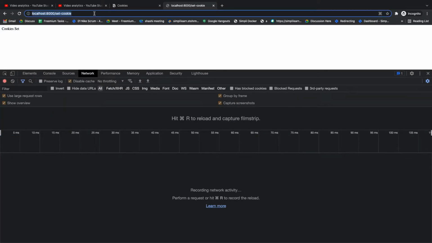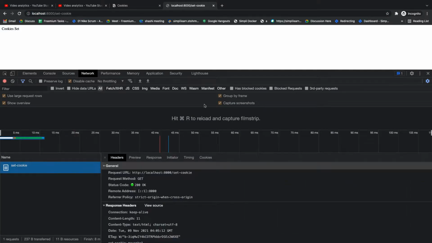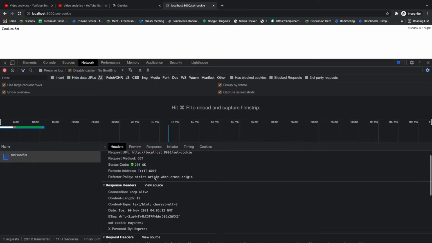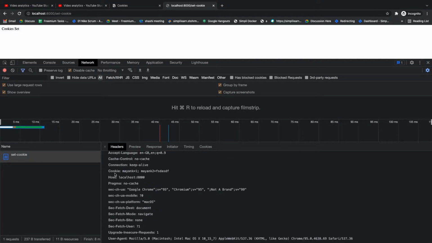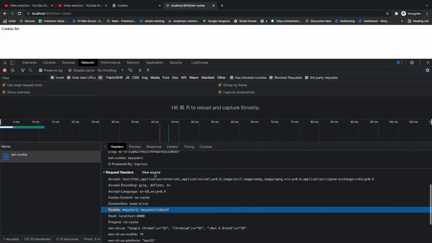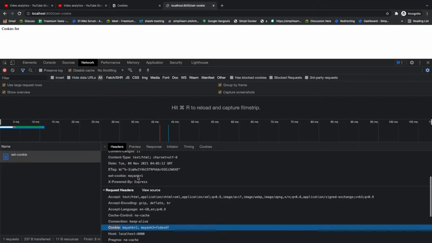Let's clear out everything, reload this, and inspect it. Let's first check the request headers. Here you see cookie. It is already sending the two cookies that the browser already had, Mayank equal to 1 and Mayank2. Then we also got the set cookie from the server, that is Mayank equal to 1.